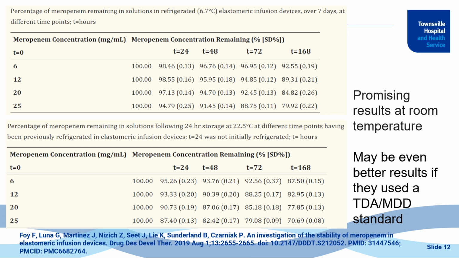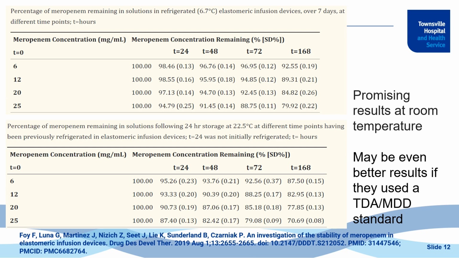And if you look down to the bottom table where we've got the run out phase, if you look at the T equals 72 hour one, that essentially is 48 hours within the fridge and then 24 hours run out after that. You've got the 92.5% for the first one, and then you've got 88% and 85%, and then 79% for the higher concentrations. So very promising results, but what this paper possibly could have done better, which I would